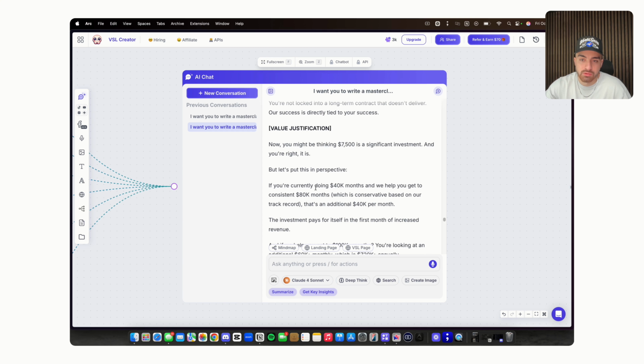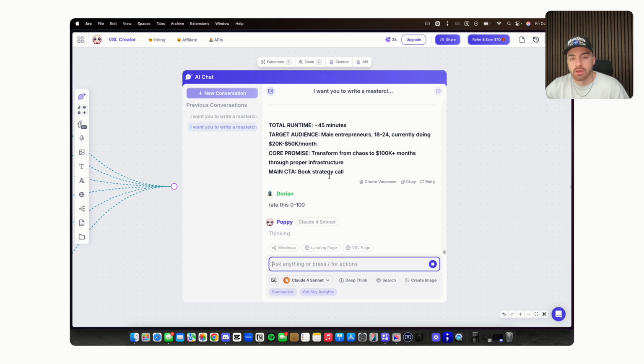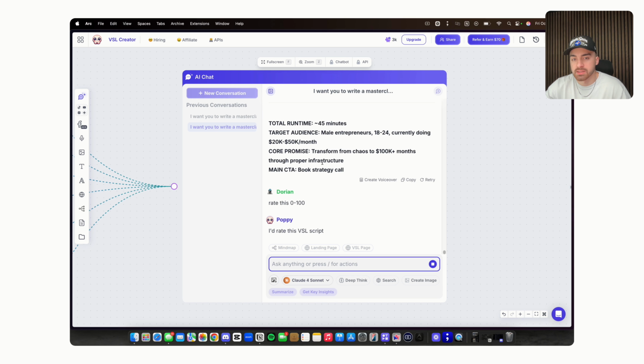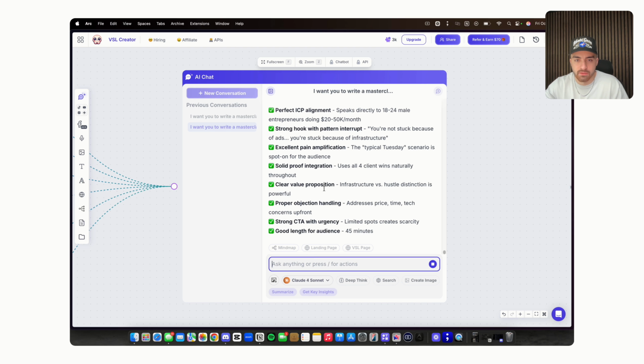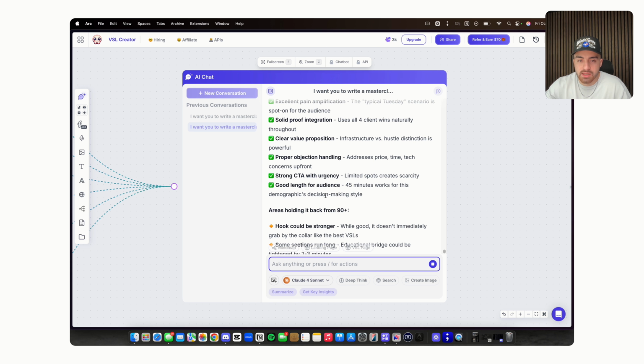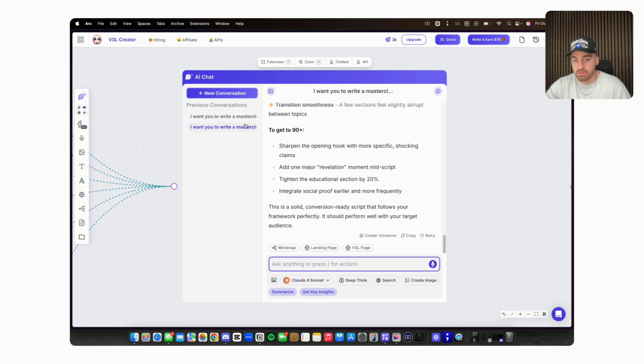But for example, one cool little trick that I'll show you here is this. Because it one-shot it, like essentially you could use this with a little bit of changes here and there. I want you to rate this 0 to 100. Okay, now this is a cool little trick that I learned. If you get it to rate itself, right, it said it's an 85. So I'm not going to do it because it'll take forever, but I tell it to make the changes that it needs because it's telling you everything here, what it needs to do. I'd say make the changes to make it a 100. And then from there, you make the changes, and then you have a better VSL, right?